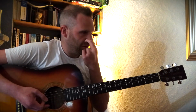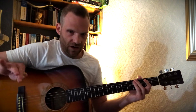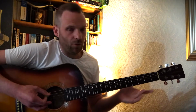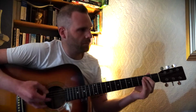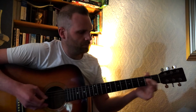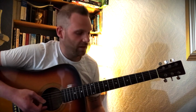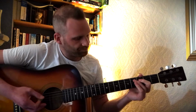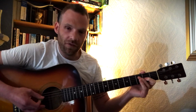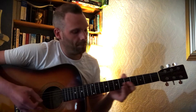But yeah, so that basically is the end of the sequence. But usually players will do something to get you into that little change and then to resolve back. So a typical one would be... okay, so that's a nice little thing, isn't it? This is a very, very simple little lick. So we've come from the fifth back to the fourth, and then